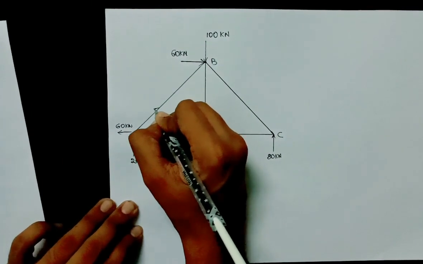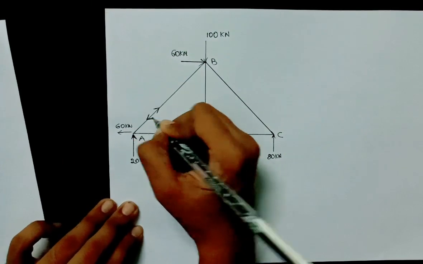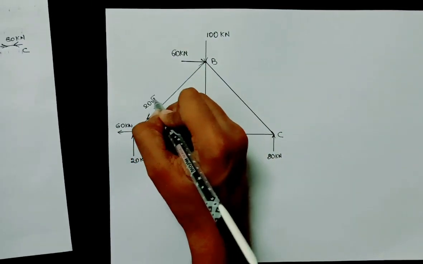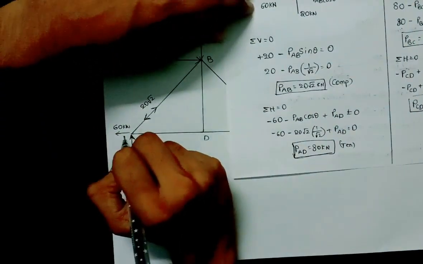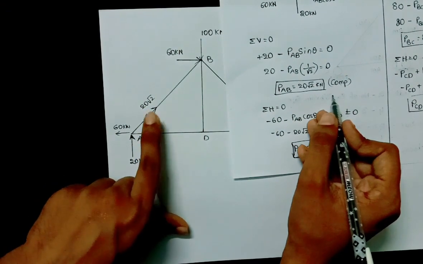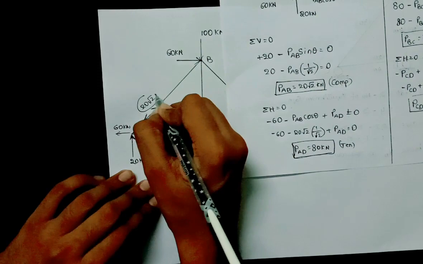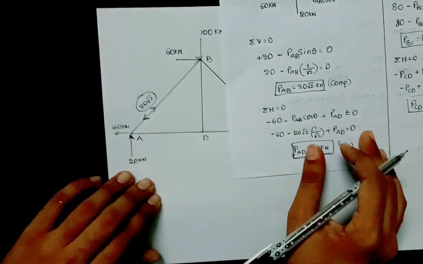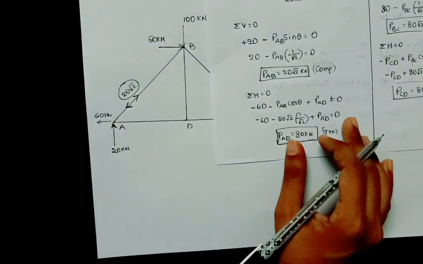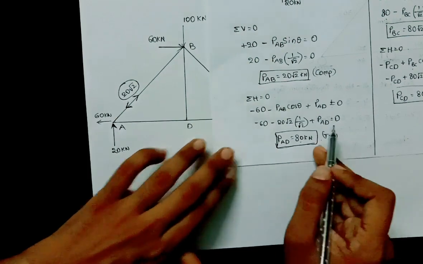So compression, to indicate the compression, the arrows will be in opposite direction, away from each other. I mean 20 root 2. So you can see here 20 root 2 in compression. I am showing it in compression. In order to identify easily, I am rounding off all the compression values just for easier identification of a particular force. And next one is PAD, 80 kilonewton tensile force.